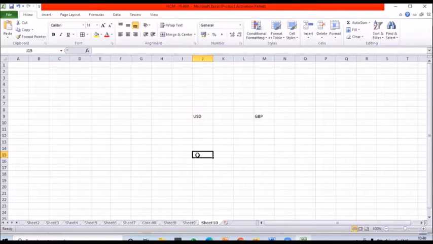In order to maintain the exchange rates in the Oracle application, we require the exchange rate type. So what is the use of the exchange rate type? The exchange rate type will hold your rates. Whether you want to maintain the rate or load the rate, first we need to create the exchange rate type.